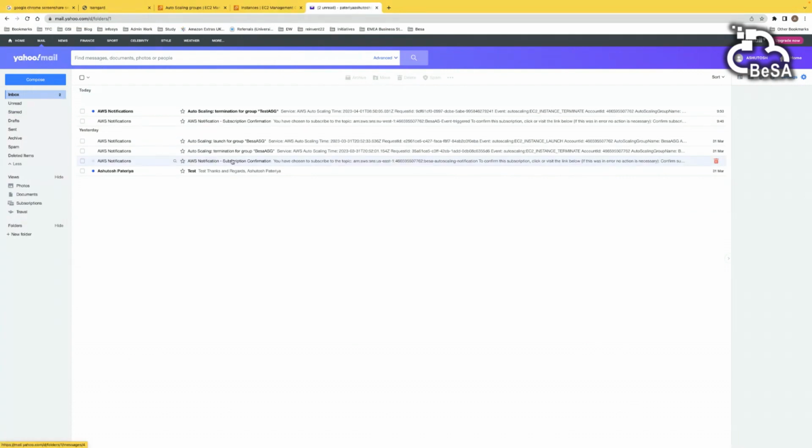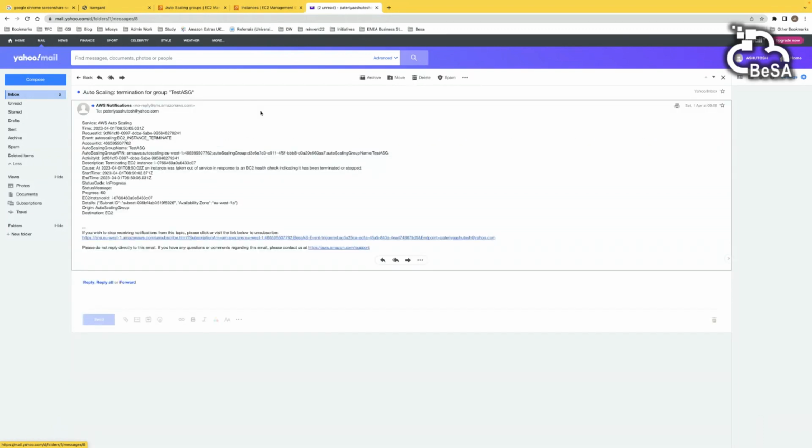Okay, so if you see, we got a notification. You can get an SMS also. I just chose email, but you can get SMS also. So an event triggered actually. So the auto scaling service triggered an event. It's called EC2 instance terminate because we terminated the instance, and it goes through that health check cycle, whatever 200 300 seconds it was, and it declared that okay, the instance is not there anymore.